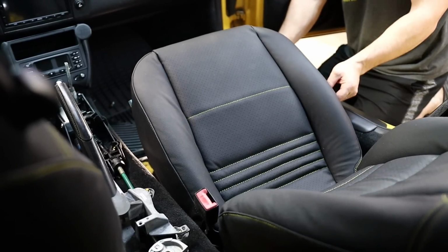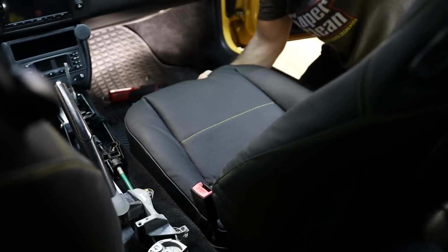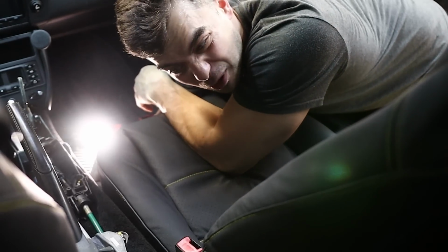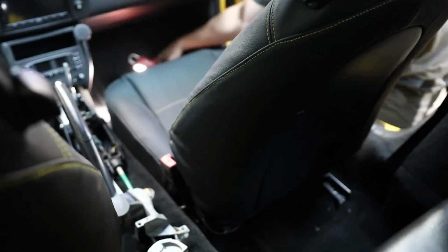Plugged in, all the motors are doing something. That is an excellent start. Both fronts are lined up perfectly. Oh, none of this has ever worked before. Oh, that's so nice. Not that I'll ever sit over there, but